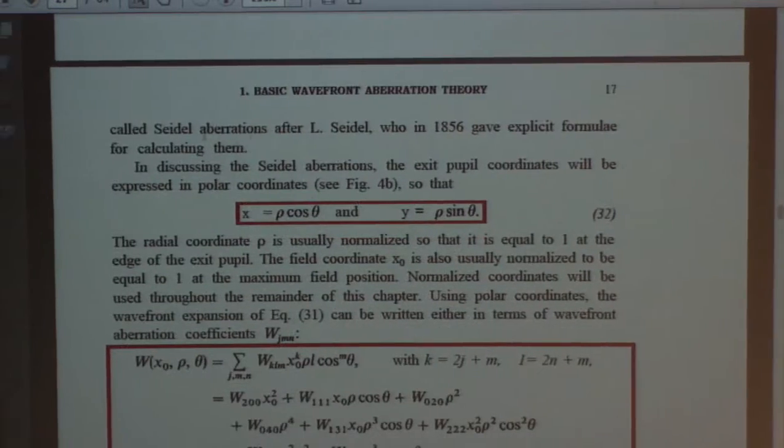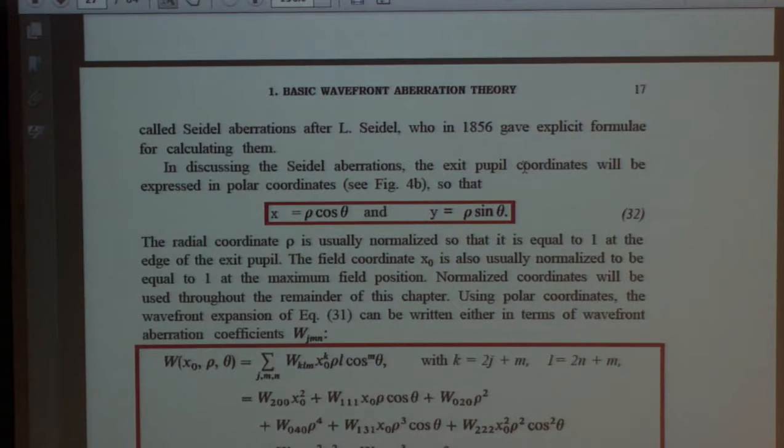So in talking about the Seidel, well, right here we're giving credit to Seidel in 1856. I still bet he didn't do it first, but anyway, we'll give him credit. In 1856 he gave these formulas. We're going to write these in terms of the exit pupil coordinates,